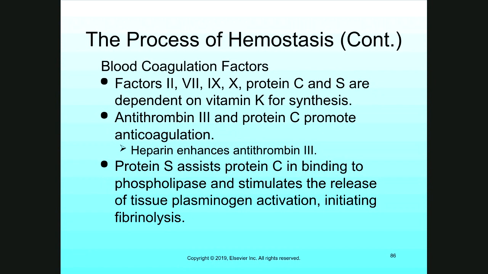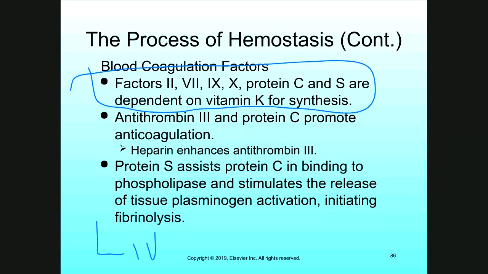Okay. Factors 7, 9 and 10, protein C and S, are the famous vitamin K dependent factors for synthesis. That was a question that I did over there, and many people fell for that one. Careful with that question, and I need to ask you for that one again. That is the reason that particular PowerPoint is there, because I will go through that particular information again. Very important to remind you, who produces those factors? You already know. The liver is the one that produces those factors that are important for you as the anticoagulant factors.